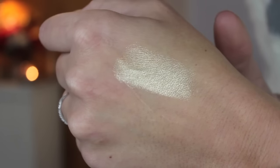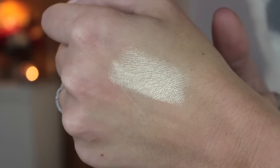This is a perfect 100% dupe for Whisper of Guilt from MAC. And like, Oh Darling, So Hollywood, all of the really gorgeous gold highlighters. This is just as good. This is drugstore. This is so freaking inexpensive. Look at that highlight. Can we just take a minute and appreciate this highlight? This, drugstore. If I didn't know this were drugstore and someone put this in front of me, I would think